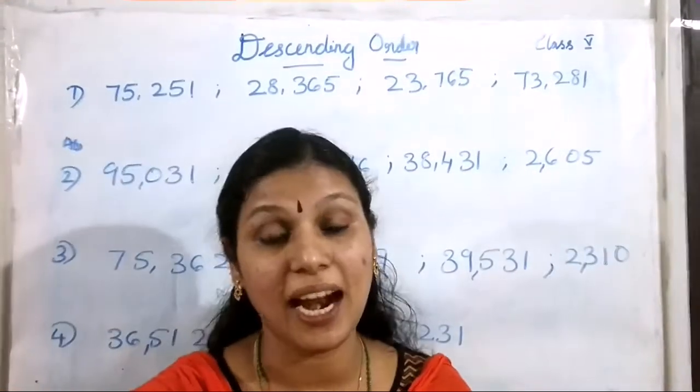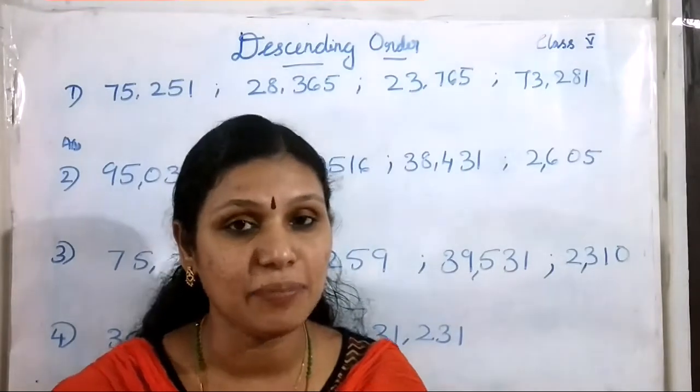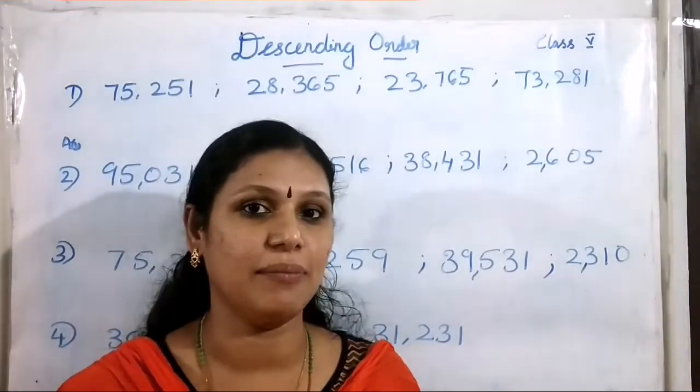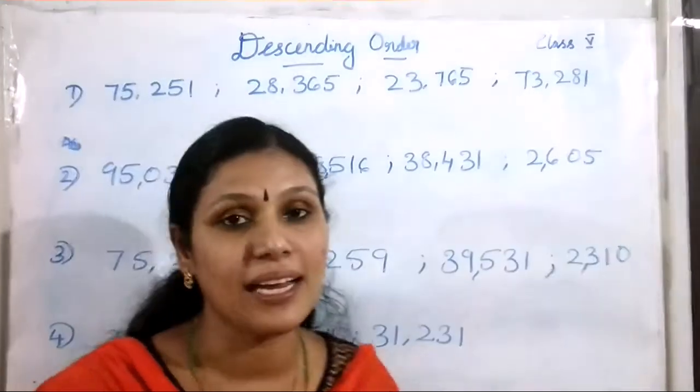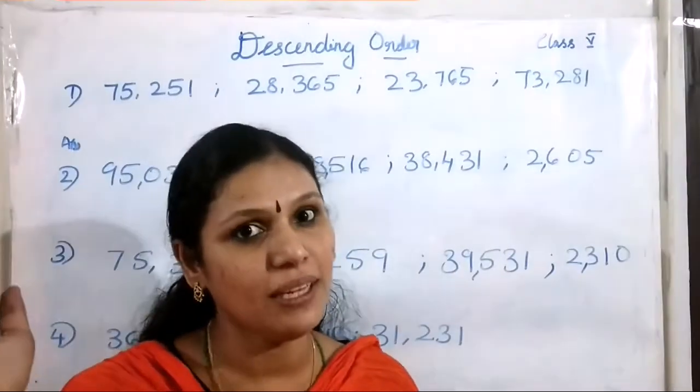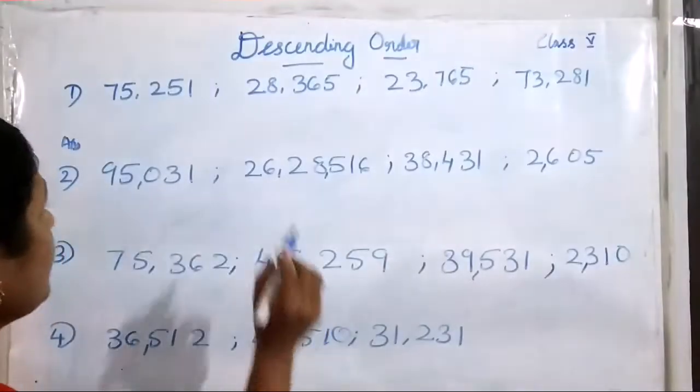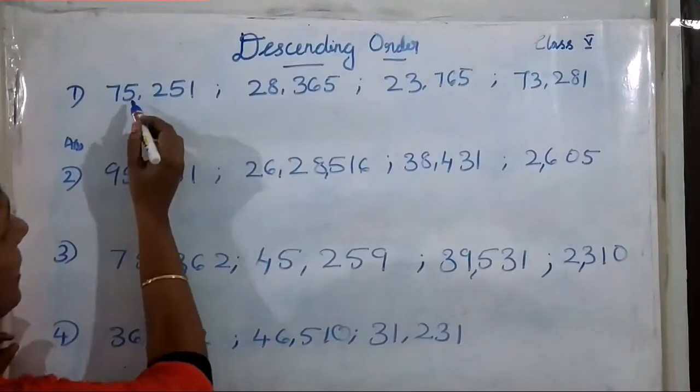Ascending order, we studied, is to arrange the numbers from smaller number to bigger number. Descending order is to write the numbers from bigger number to smaller number. Okay. Here our first question is this